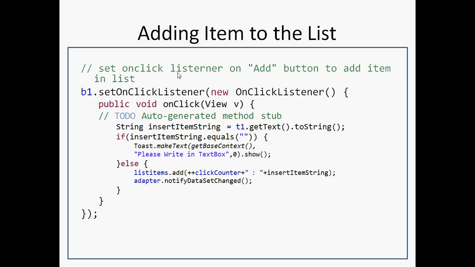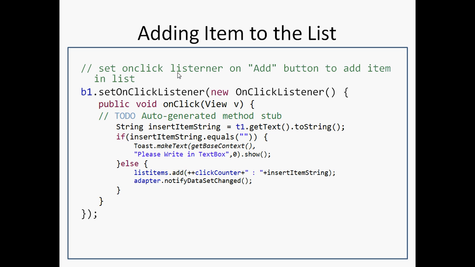So here, the thing is we have implemented an on click listener on the add button. B1 is the add button, and we'll be taking B2 for the remove button. So here B1 dot set on click listener, as you know how to implement the on click listener. Now what happens when a user clicks on the add button? It will get the string from the edit text, and first it will check whether it is null or not. If it is null, then it will come out of the action listener, and if it is not null, then it is going to add this item to the array list.